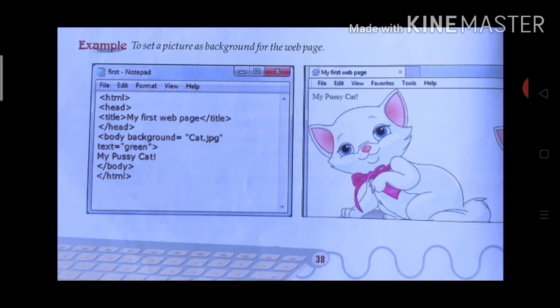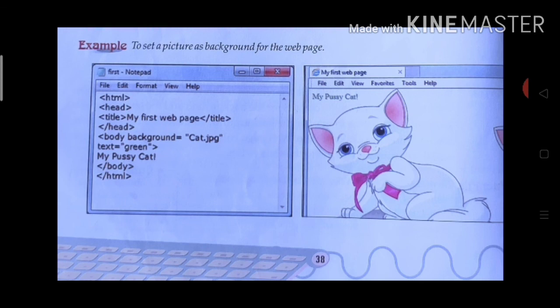This is the path; the web page will directly link to it. Then text is equal to green, and what you show in your web page: my pussycat. After that you use the ending tag of body, and at last you use the HTML tag for closing.